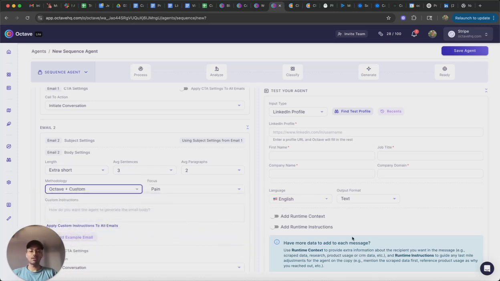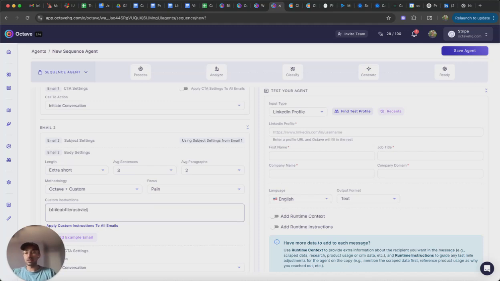So if you have just like a couple opinions, like use shorter sentences, or maybe even like add a Josh Braun type poke the bear question at the end, then Octave plus custom should work. If you add more than a few opinions, like